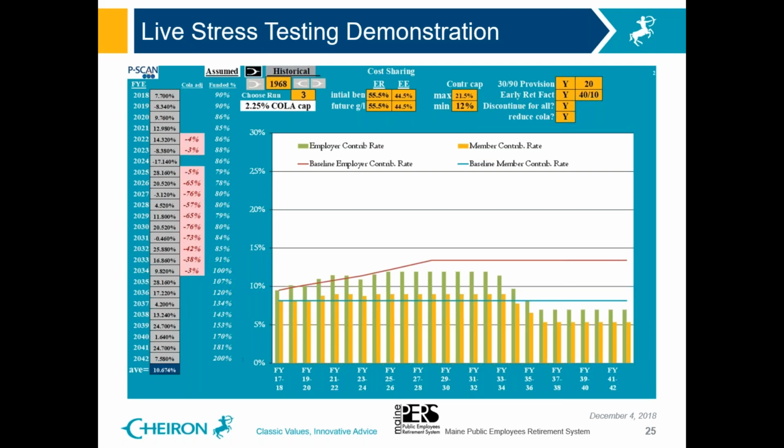So for example, if we had a 2.5% COLA and the red number was minus 50%, you'd only get 1.25% COLA for that year. So for all the years that you don't see any red shading, the full COLA that's allowed under the plan provisions is paid, but only in those red years where the cap was breached do we dip into the COLA. So I'm going to just flip momentarily to the live model,